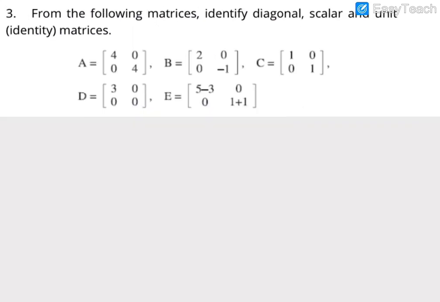Next is question number 3. From the following matrices, identify diagonal, scalar and unit or identity matrices. So you can see A. Diagonal is same, 4 and 4, so this one is a scalar matrix. Here the diagonals are not same, so this is only diagonal. Here diagonal is 1 and non-diagonal elements are 0, so this is identity